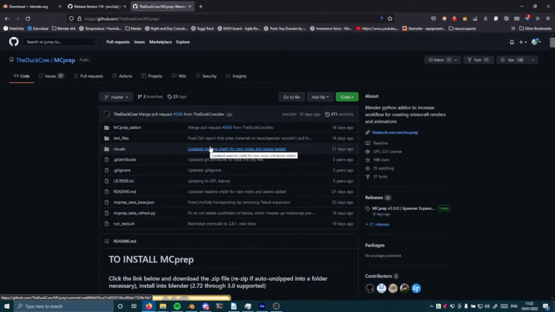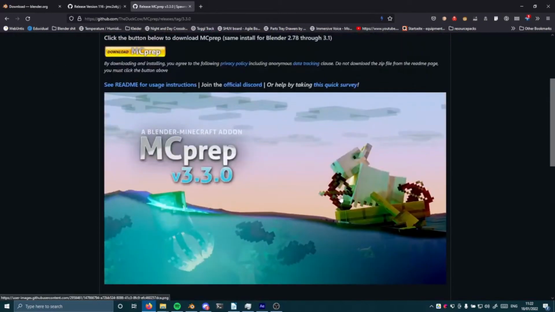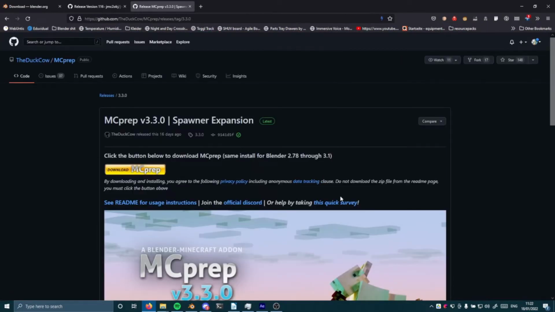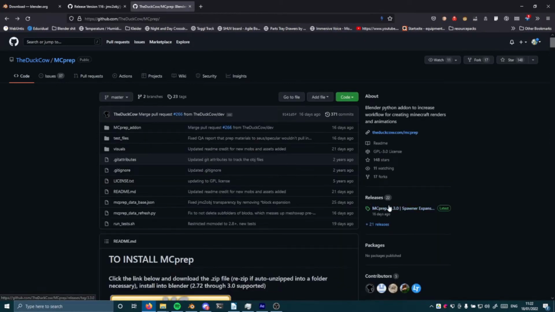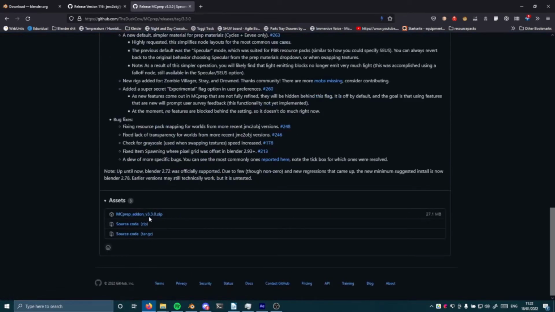And last but not least, we need MCPrep. MCPrep is currently in version 3.3.0. You can use any version that's newer than 3.2.1 because 3.2.1 had a bug where the textures weren't loaded correctly. So you again go to the link in the description, click on the current release, scroll down and download